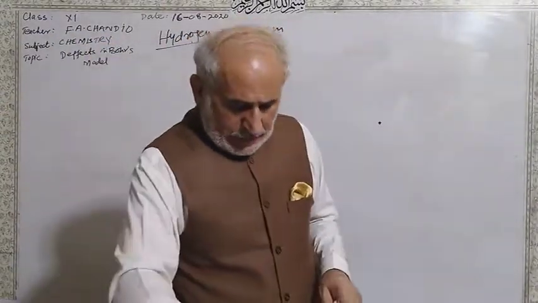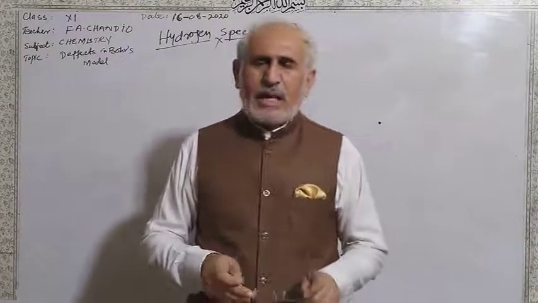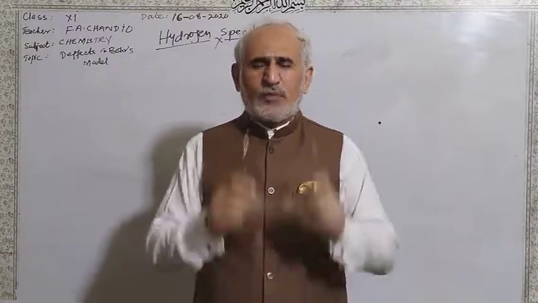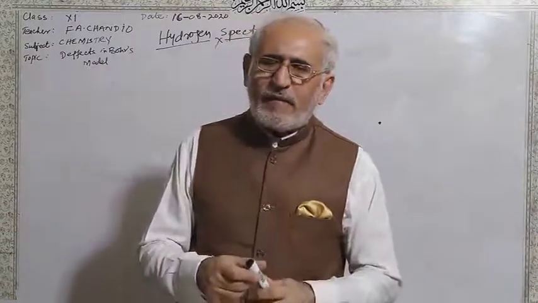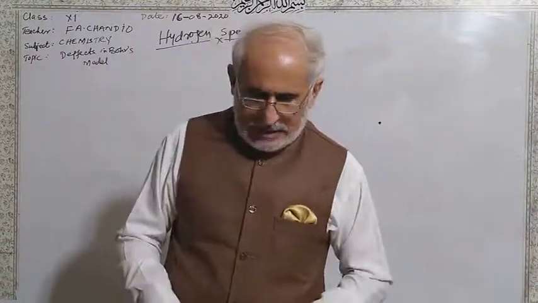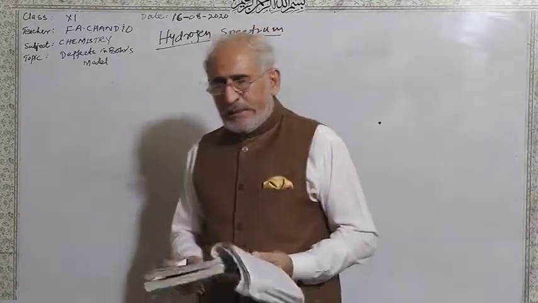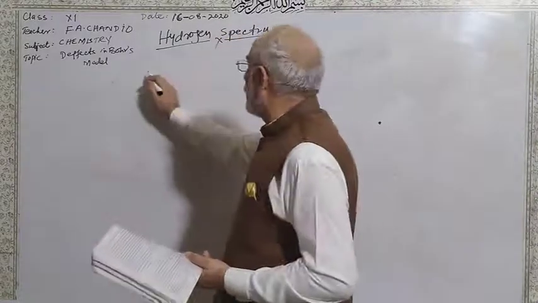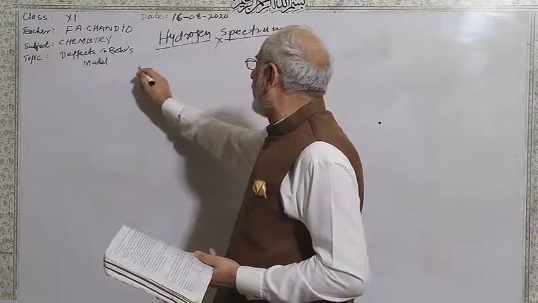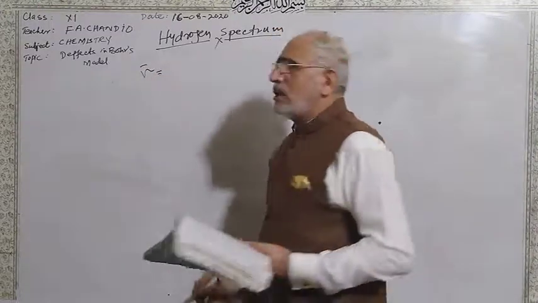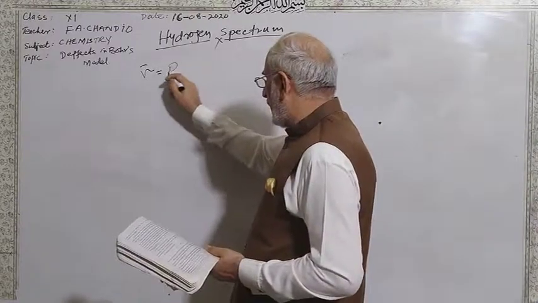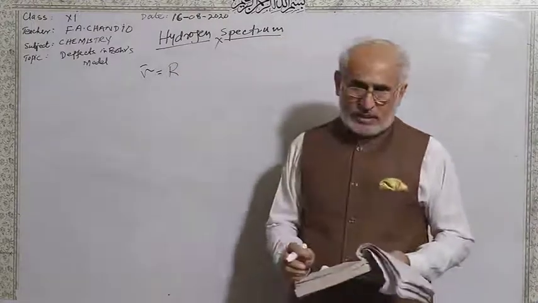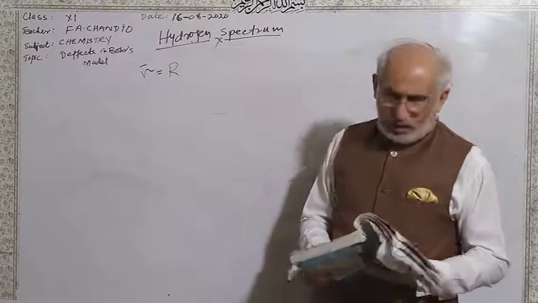Hydrogen spectrum. Now, as you did in the previous calculation, if you see my previous lecture, there was a formula for the wave number. This is the wave number. So wave number is equal to R, Rydberg's constant, which is a constant value given in your book,